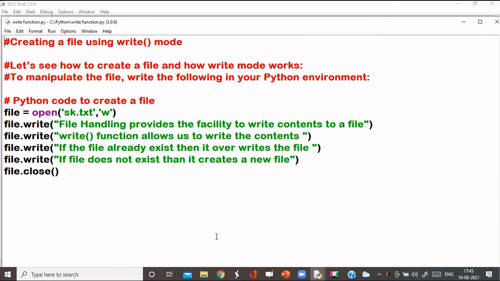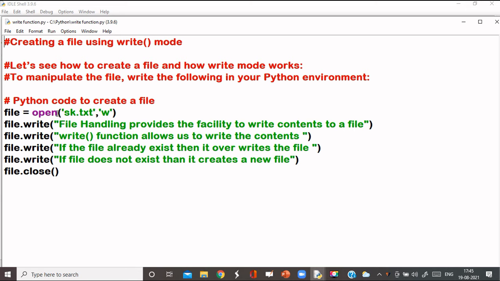Now the demonstration of the functions read, readline, write, writelines. This is the first program through which I will demonstrate the write function. The write function is very easy. The program is written here. You have to create a file object. This is the name of the file object, and then use the open function.